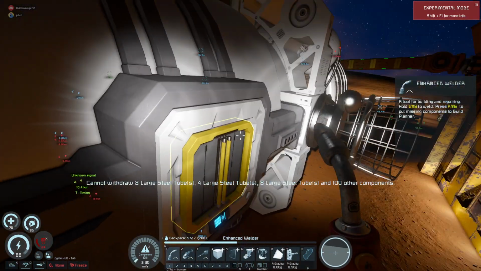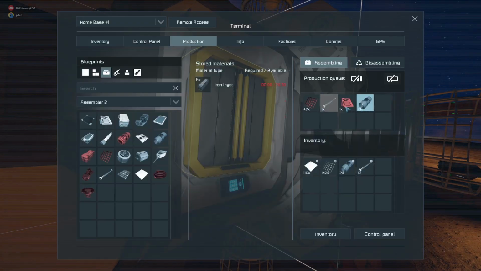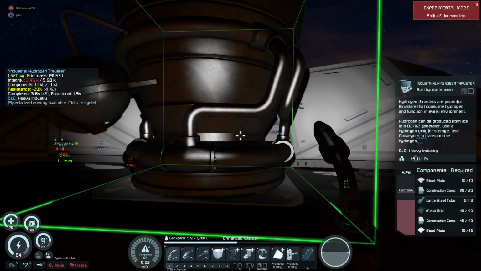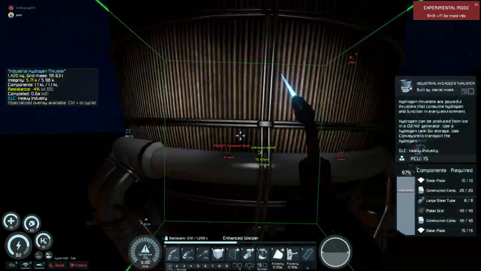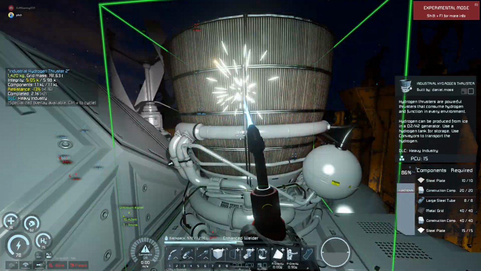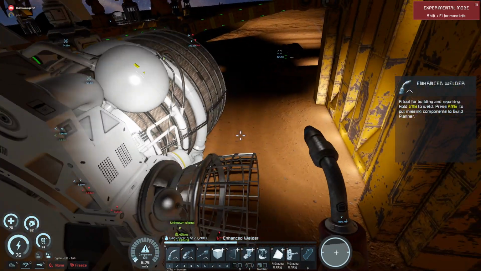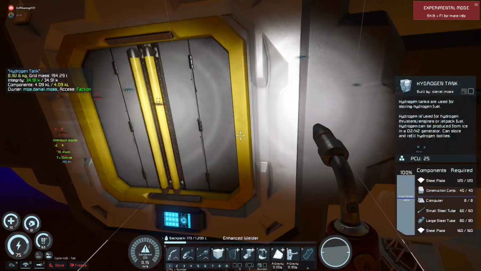Let's see, what are the large steel tubes being used for? Just don't seem to have any. Switched off, yeah. You're gonna have to run through with me. I cannot remember how to use build vision. Control, middle mouse. Control middle mouse, yeah. Control and then